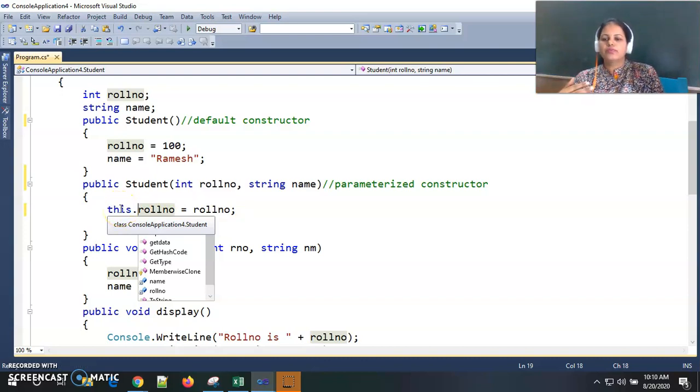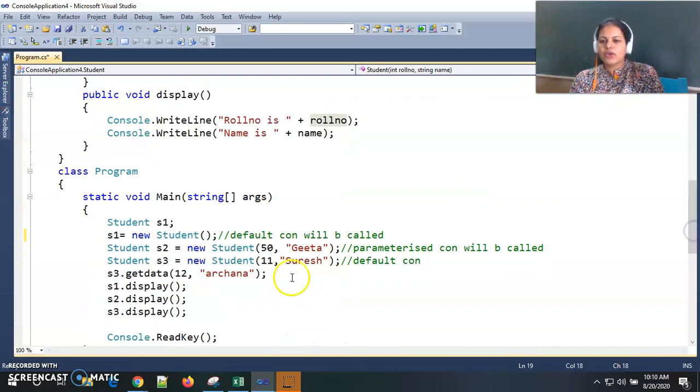Now if we are creating the object S1, the default constructor will be called, and my this keyword or this pointer refers to this S1 object.